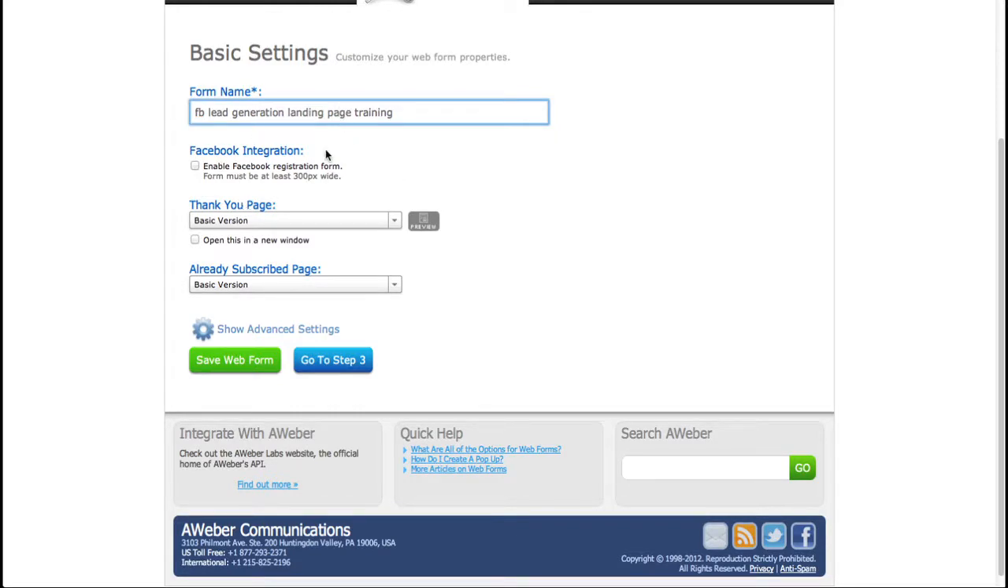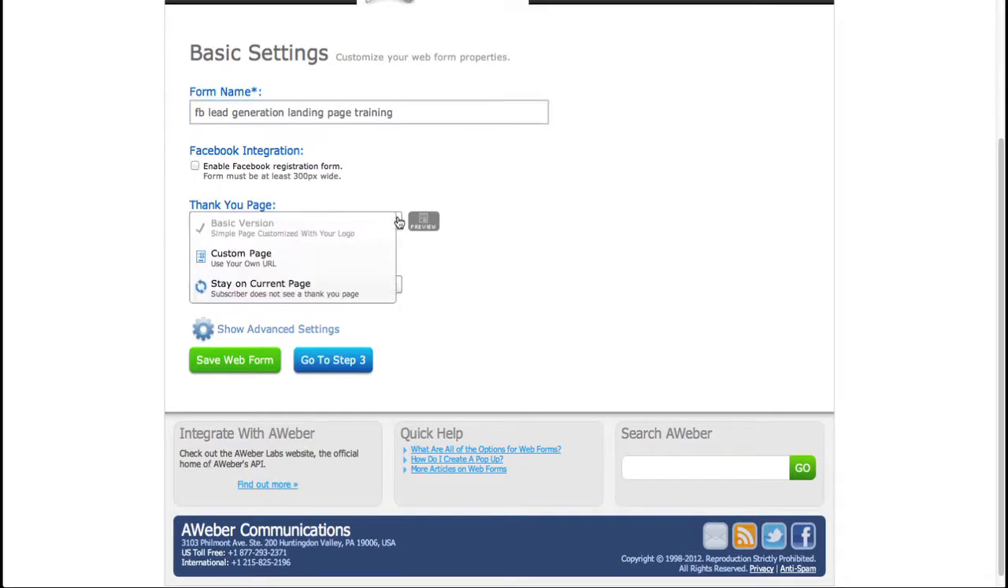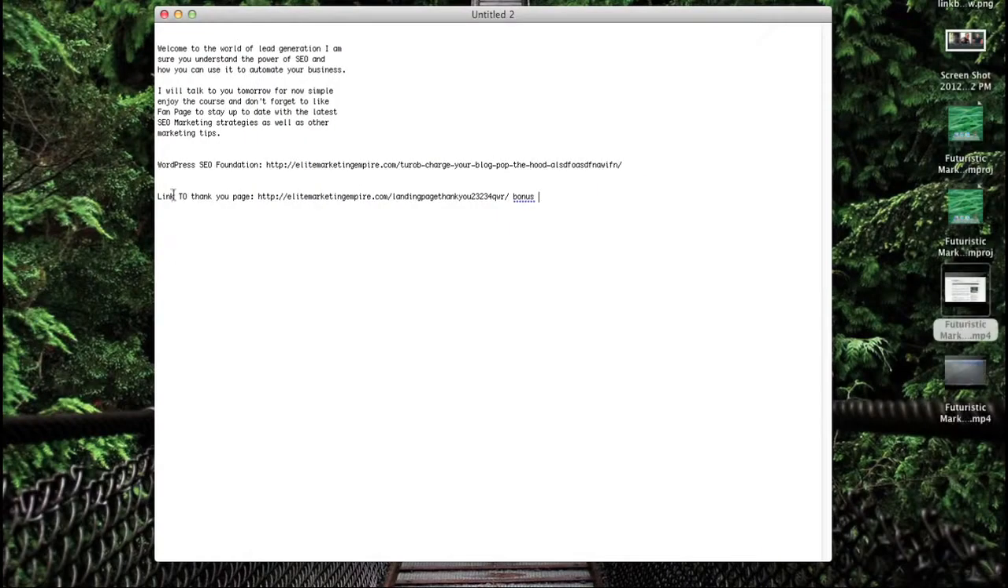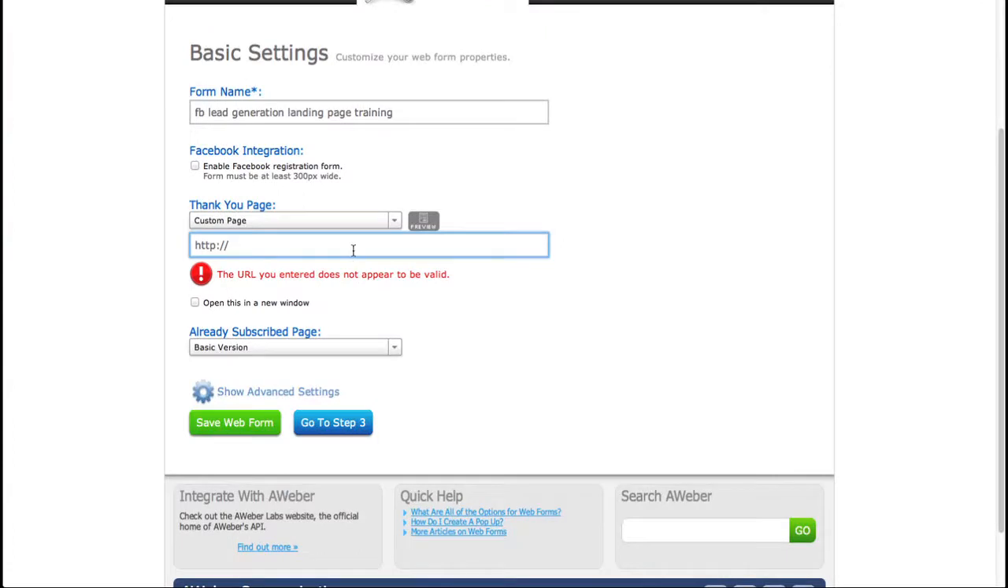So the next part is, it says thank you page. So what do you want your thank you page to be? I want it to be custom. And down here, I want to delete that out. And what I want to do is come over here and grab the thank you page. And it's just like we said before, whatever thank you page you pick, just make sure you stick with that thank you page when we start creating our thank you page. We want it to be the exact same